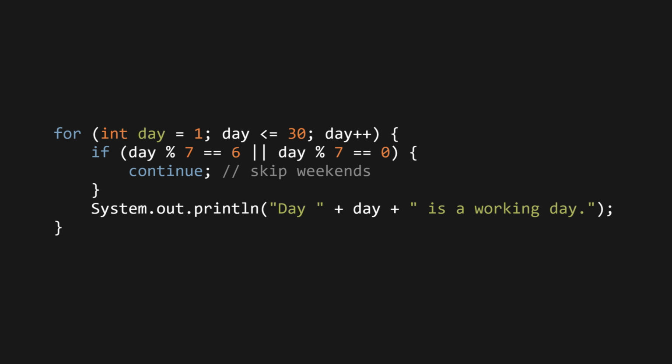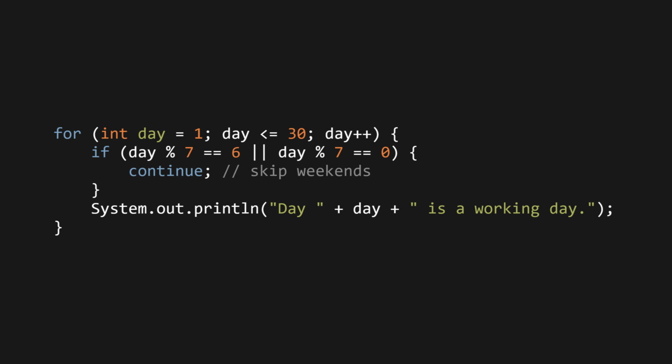for (int day = 1; day <= 30; day++) { if (day % 7 == 6 || day % 7 == 0) { continue; // that skips the weekend } System.out.println(day + " day is a working day"); }